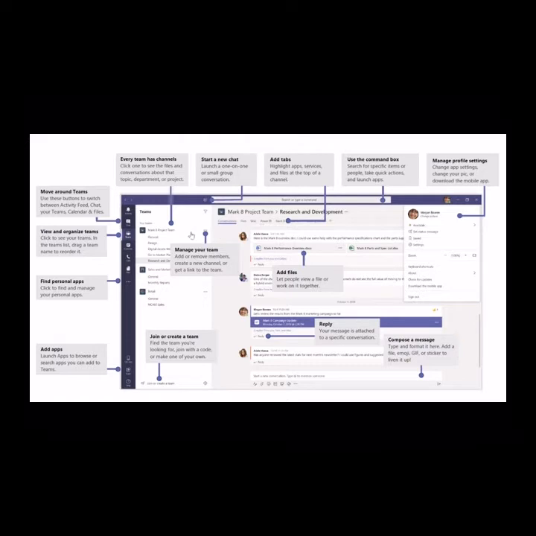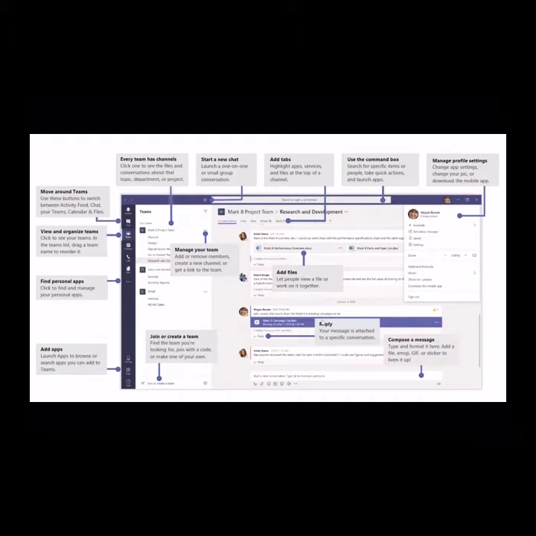You can drag and drop the teams and channels here in this list to order them as you see fit. You can hide teams or you can hide channels within teams just to tidy up the list of what you can see here. And you can also hide them completely, and they'll drop out of this focus list and drop down to the bottom of the screen under Hidden Teams. There's also now the concept of organizational wide teams. If you create an organizational wide team, you don't have to worry about new starters and leavers. The membership of the team will be managed for you automatically with the Active Directory.